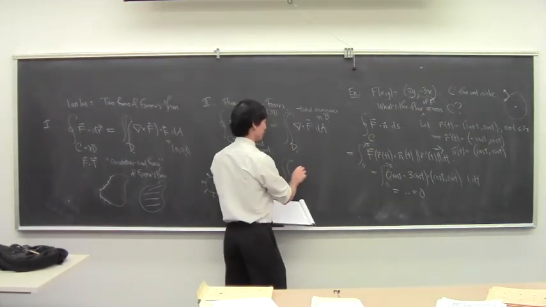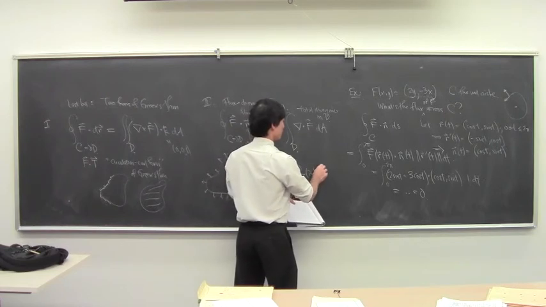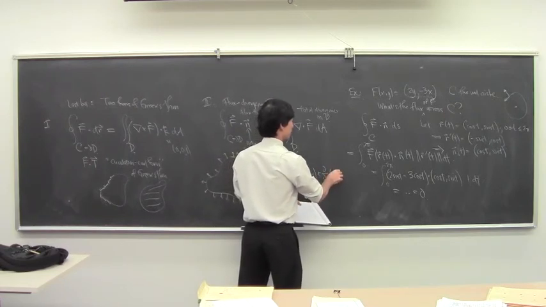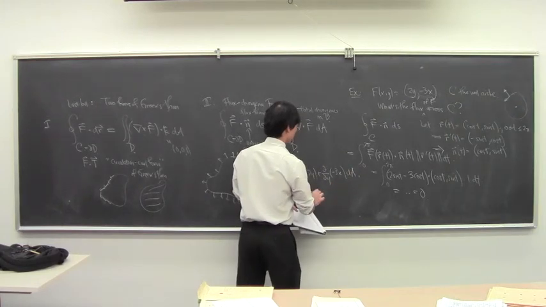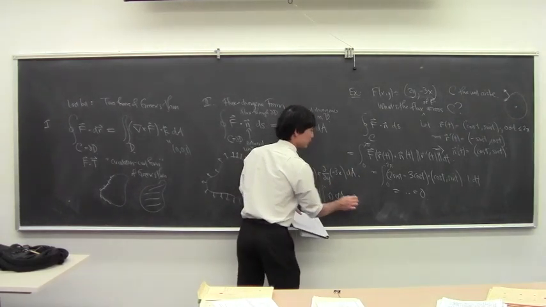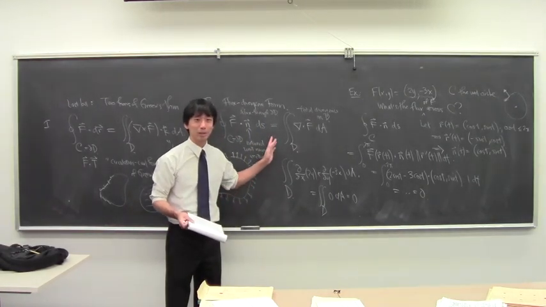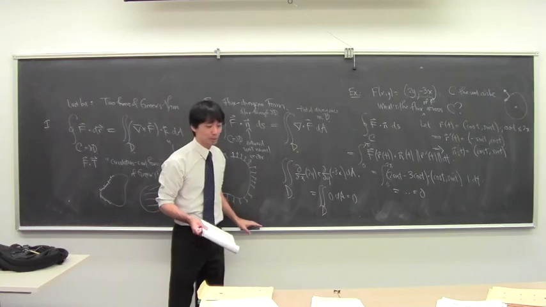So it's the integral of d/dx of 2y plus d/dy of negative 3x, dA. So that's just 0. So again, this is a contrived example to show you that it's sometimes useful to